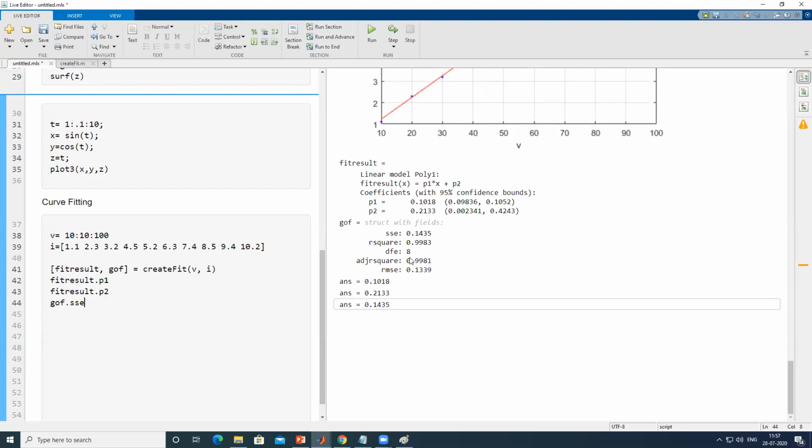This way you can use it. RMSE you can also get with a similar method.